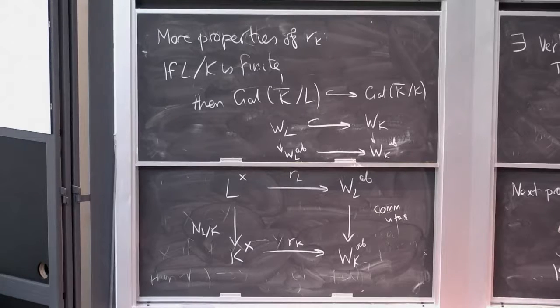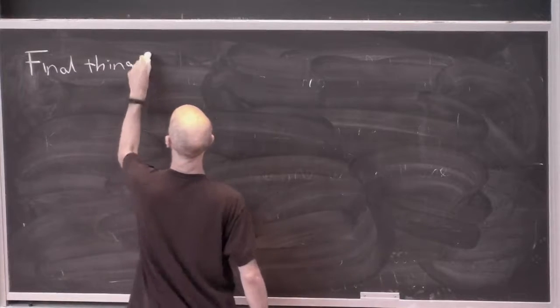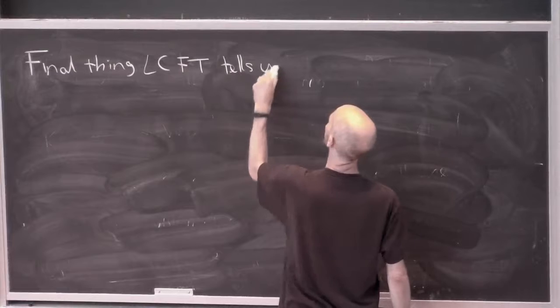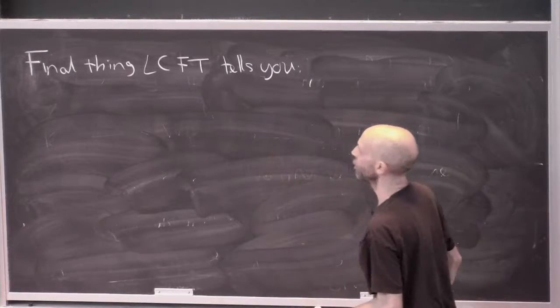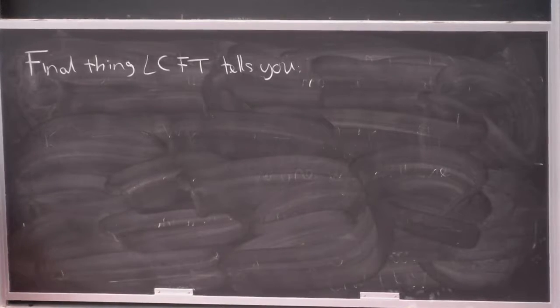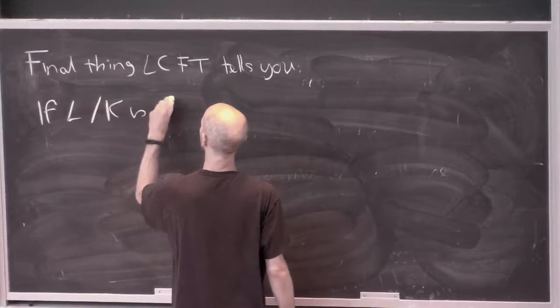So class field theory tells you an awful lot about these things as well. But let me just tell you the final remark, the final thing local class field theory tells you. It's a lot of statements about cohomology groups, but let me just briefly give you one of them. If L over K is finite Galois,